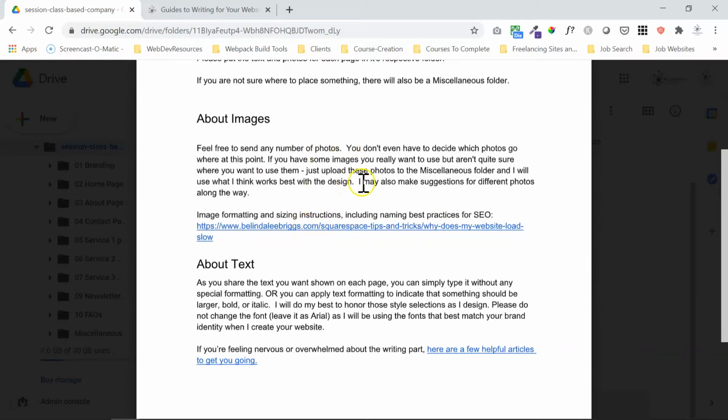One thing to think about with photos, and you'll see it over and over again as we go through the folders, some people like to have banners on every page, and it fits well with their business. For some people, it's banners on some pages or maybe a banner across the middle of a page. The best thing to do is to just send images you might like used on a page, and then I will utilize them in whatever way is going to be most aesthetically appropriate for your brand,